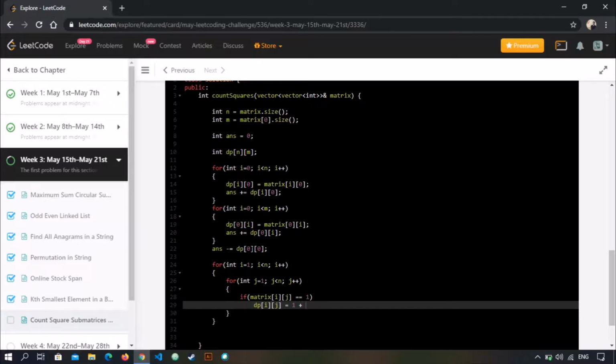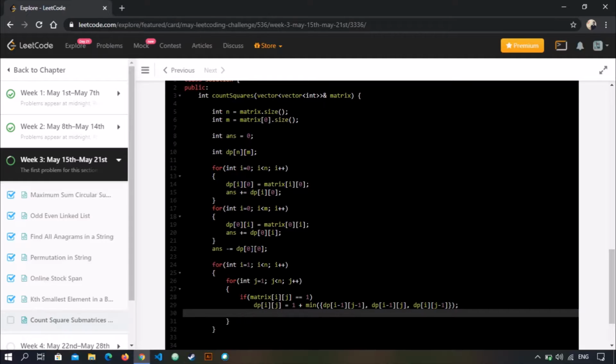It will be 1 plus the minimum of those three, that is dp of i minus 1 j minus 1, the diagonally upper element or the left diagonal element, and the left element, and the up element.